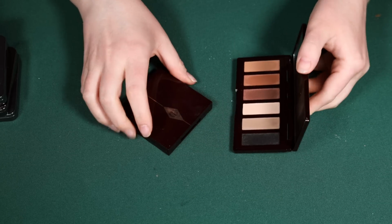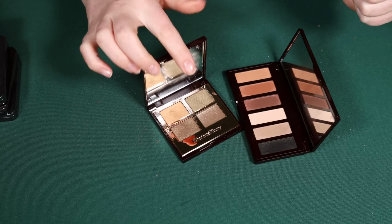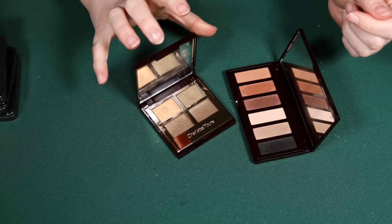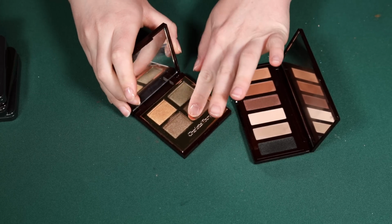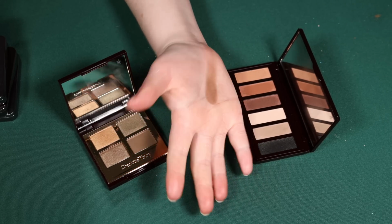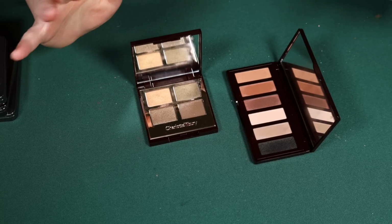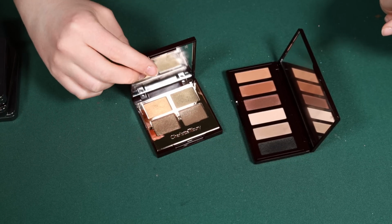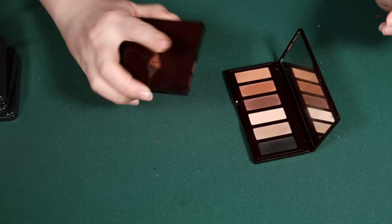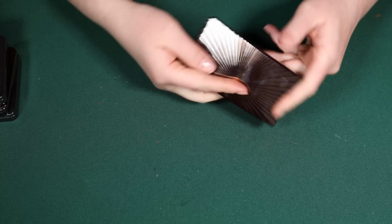Charlotte Tilbury palettes. This one, the Rebel palette, I will be keeping. I actually just recently talked about this. It's such an easy green, warm toned palette that I find myself reaching for a lot. I love this sequin shade. This sequin shade, it's everything. Really, really pretty. Also really like the Smoky Eyes Are Forever palette. I actually was using that all weekend. I don't have it because it's at my friend's house, which reminds me I need to go over there and get that. But I am going to keep the Rebel palette,